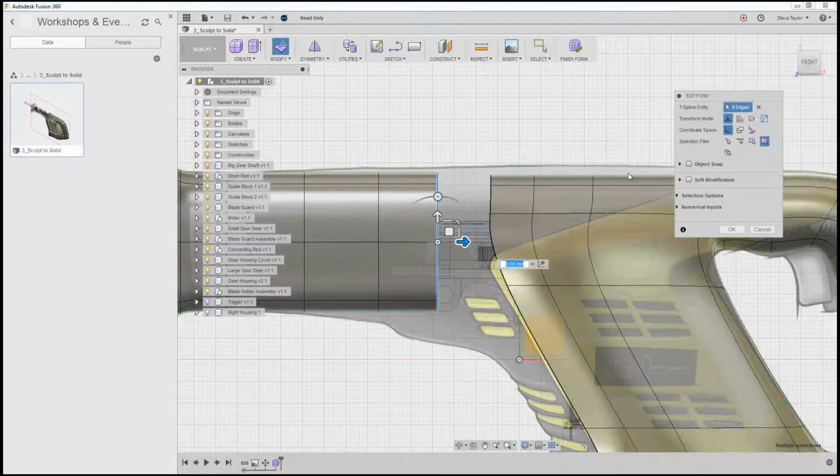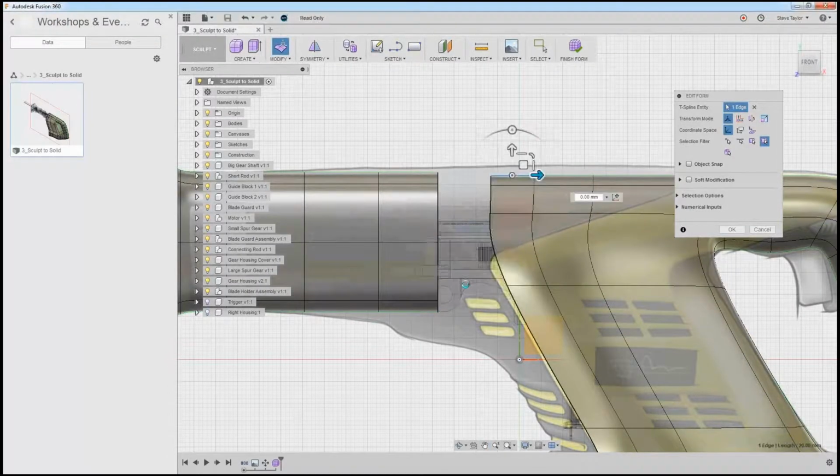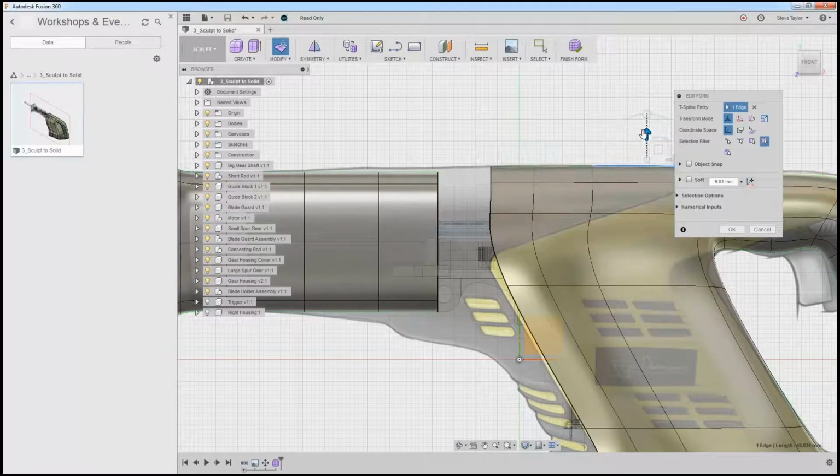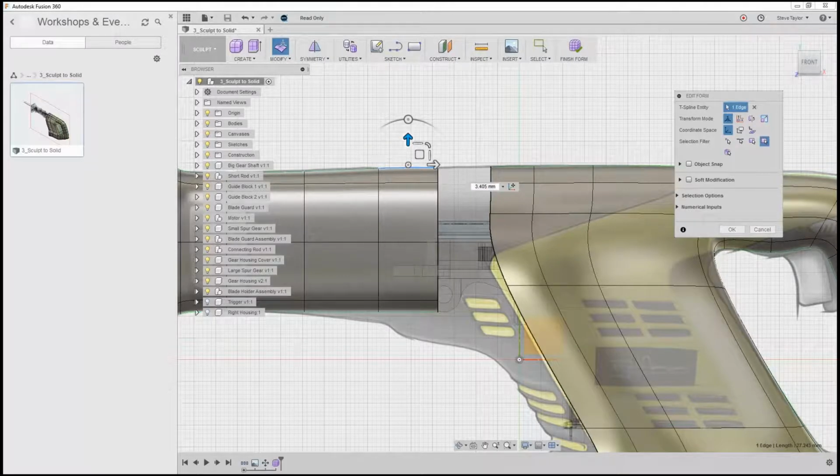If I'm looking at this part, you'll see it's quite a bit off the model, so what I can do is I can just select this and start to pull. Oh, I didn't want that one. I wanted the arrow. Just pull the arrow up. If I set the alternate one and let Fusion do the smooth in between, maybe pull this one up a little bit to try and start to match it a little bit. So now that I've added 3 more faces towards the handle and I've put it roughly into position,